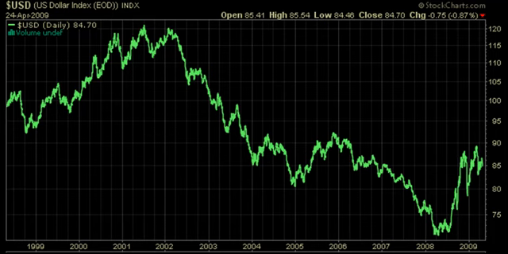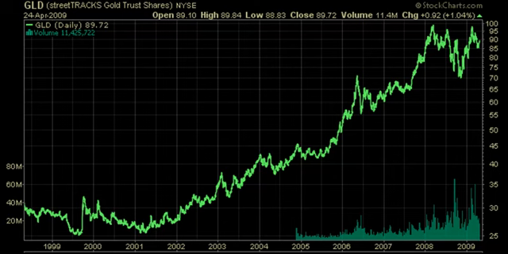So what people are focusing on right now is the gold market. And what we can see in gold is that there's been a tremendous increase correlating with the downturn in the dollar. We see an upswing in gold over the past decade. Obviously, we've seen a series of higher highs and higher lows. There's no reason to suggest that the gold market is going to collapse anytime soon. It may certainly correct somewhat, but that doesn't necessarily signify a much broader correction. And so nothing really to worry about in the short term if you're a gold bug.